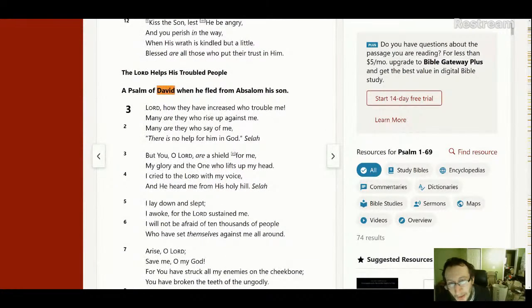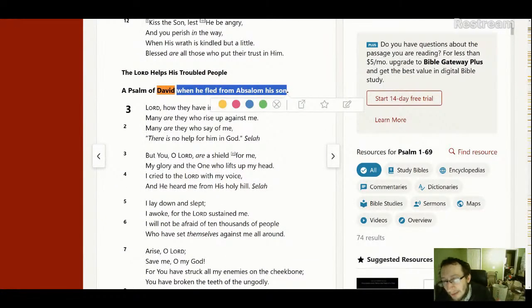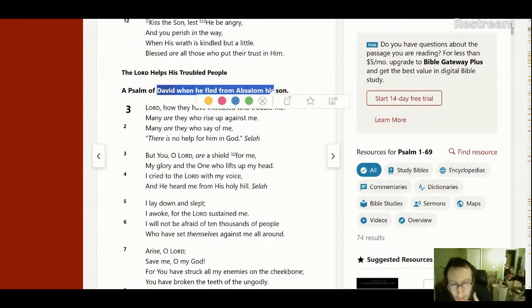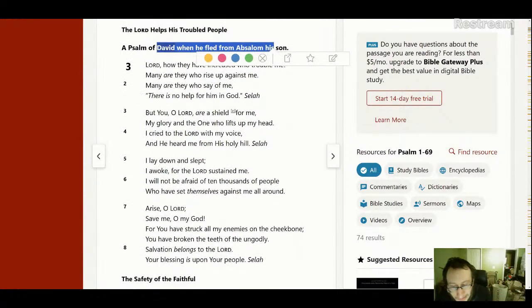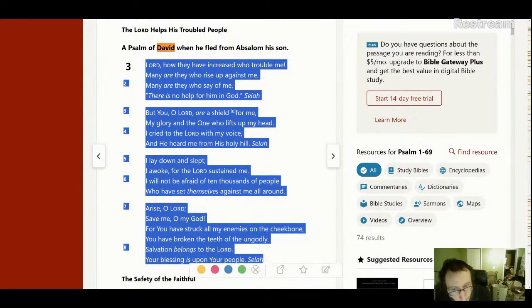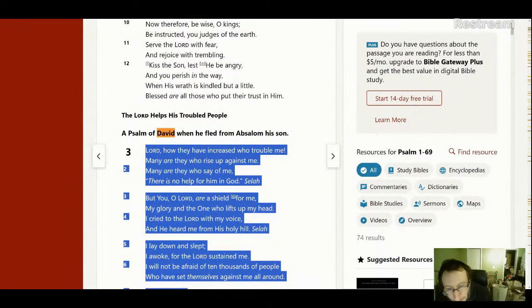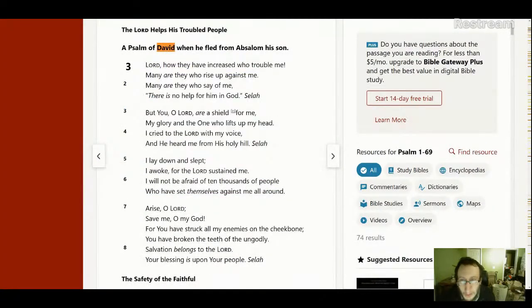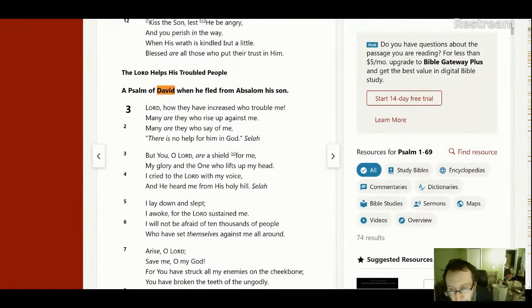When did this happen? This happened during the time after Samuel had died. So this would be from the book of Nathan. So the book of Nathan, I believe 100%, had this Psalm in full. So when I reconstruct the book of Nathan, it's going to have this Psalm in it, because I believe this is where we get the information. A Psalm of David when he fled from Absalom, his son. How do we know that?